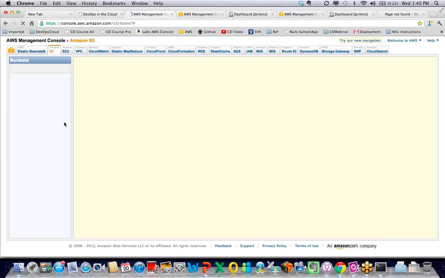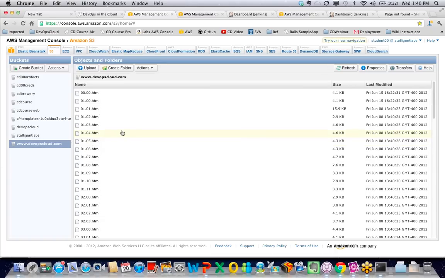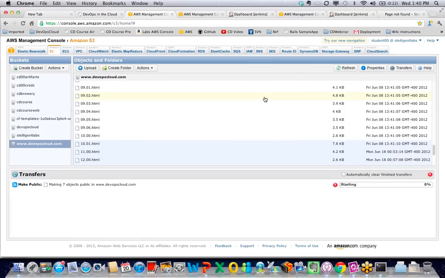So let's take a look at S3. You can see here I defined DevOps Cloud. I own that domain, and then I uploaded the various HTML files. By default they're always private, but then I can make them public.